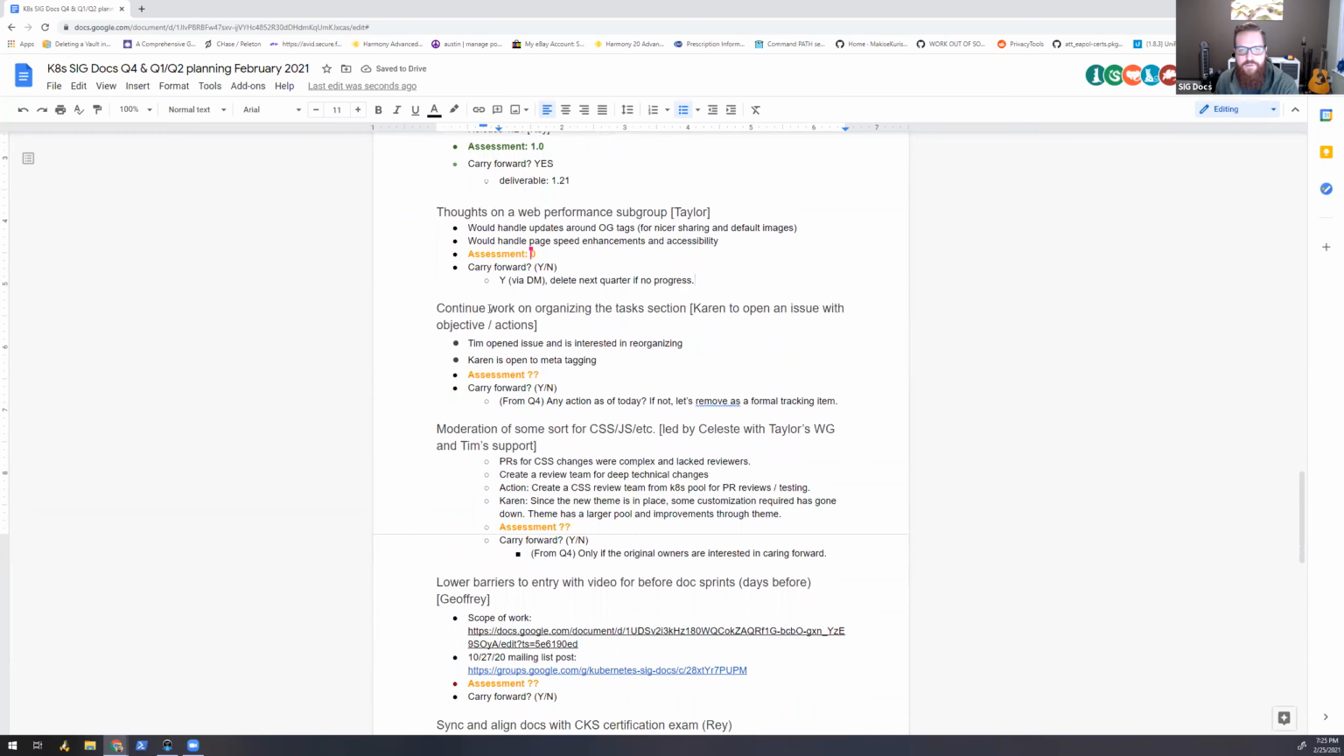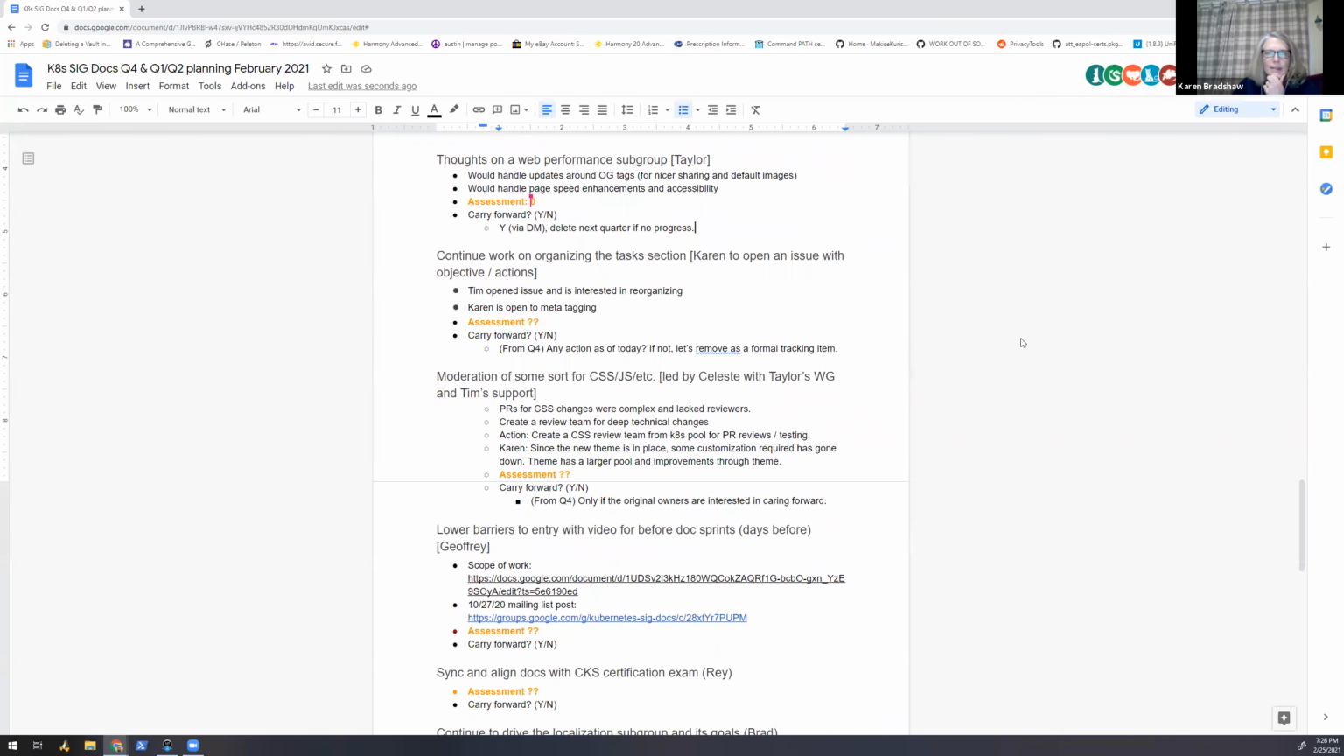Moving on to continuing work on organizing the task section. Karen to open the issue with objectives and actions. And I'll be honest, I have not kept up with this at all. And I don't know, Karen, if you want to take this one, or Tim, do you have any feedback or opinions on where we're at? I don't think we did very much on it. We did do some organization, but we didn't make a really formal effort, I think. I think there's more work to be done. So I wouldn't mind, it could either be reworded. I don't know, Tim, do you have anything you want to